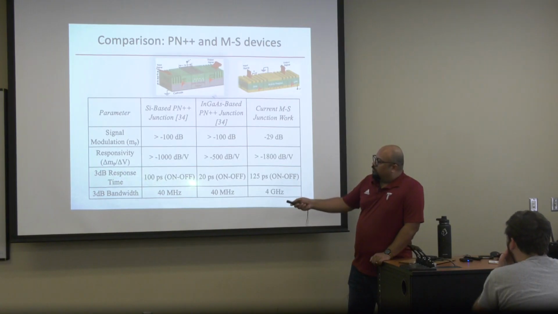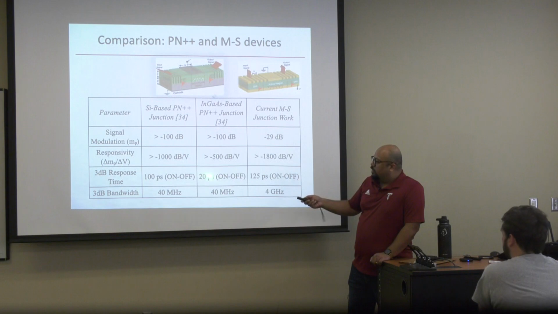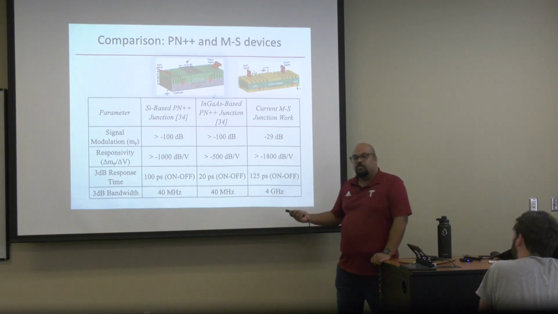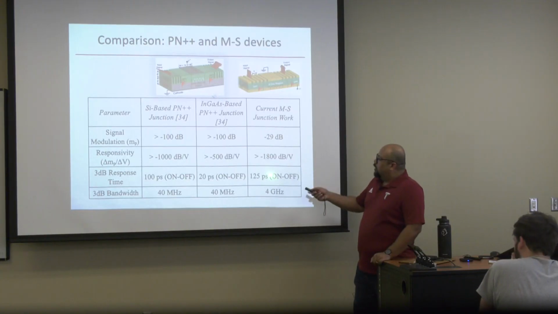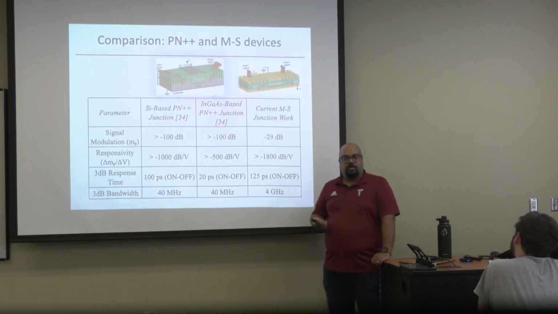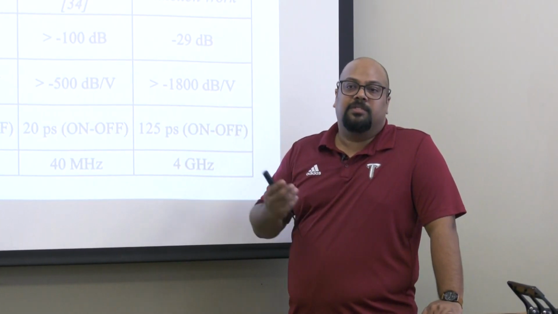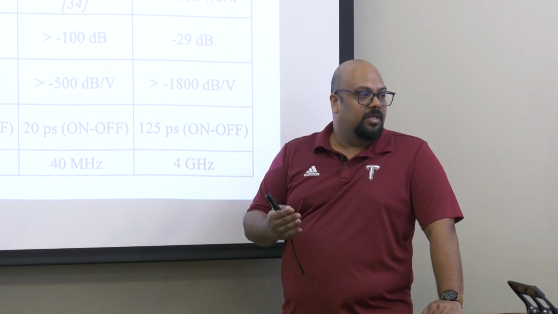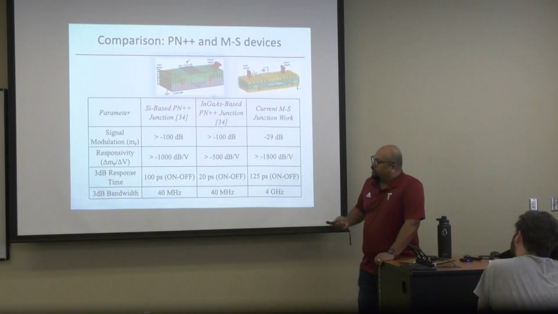And then the times. The on and off times for silicon is about 100 picoseconds, whereas indium gallium arsenide is 20. So if you want the fastness, we have to use indium. And then for Schottky, we observe 125 picoseconds. Of course, these are simulation based, so when we do experimentation, the other aspects will fall into place, and these times will change for sure, but this is a proof of concept.